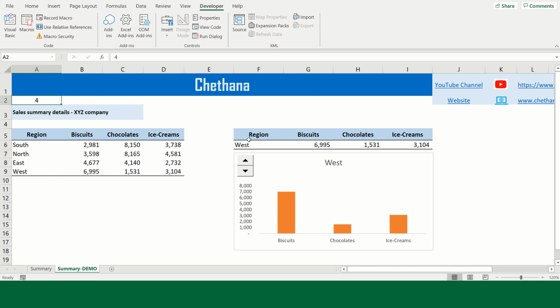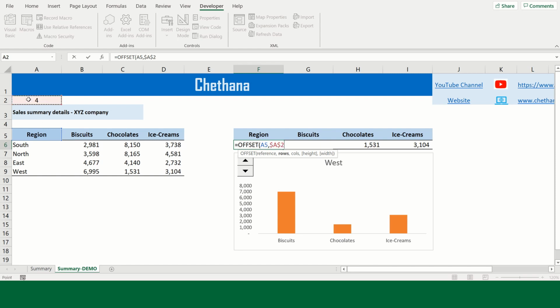So now in the small table, we need to apply a dynamic formula, which is OFFSET. The reference should be the first header, and the number of rows should be the linked cell.